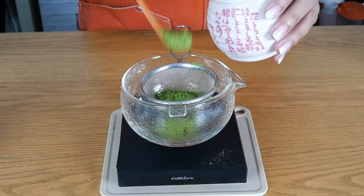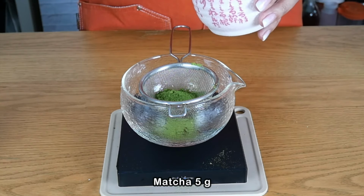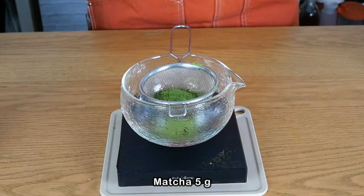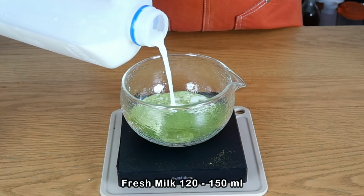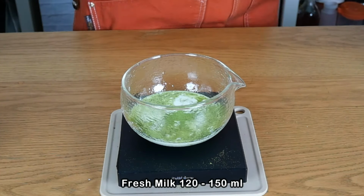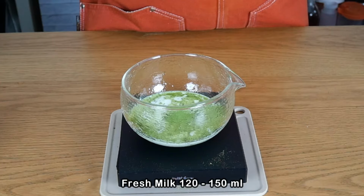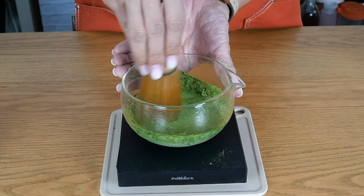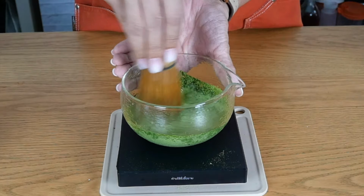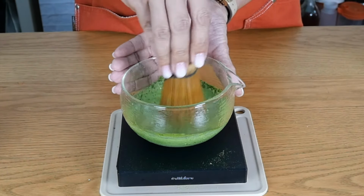We need the same amount of matcha, 5 grams of pure matcha, into your bowl. Sift using your strainer, pour the milk over. I'm going to use 120 to 150 ml of milk. Whisk until fully combined. Again, start with a circular motion to gather the matcha into the bowl and then whisk